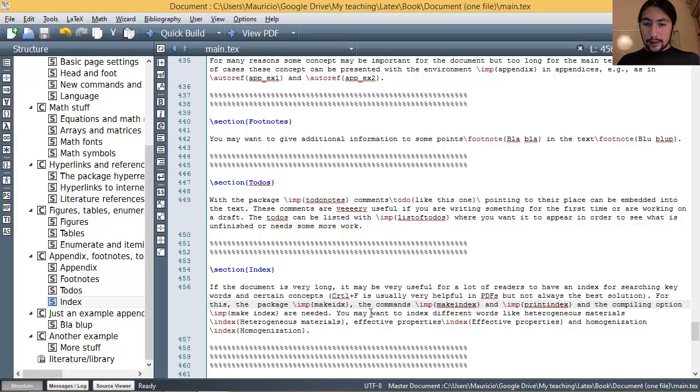You may want to index different words like heterogeneous materials and effective properties with the command index, giving it a respective name, because this name can be given to several places within the complete document, and you will have the reference to all of those pages where this concept is described, and homogenization. What you need for that is